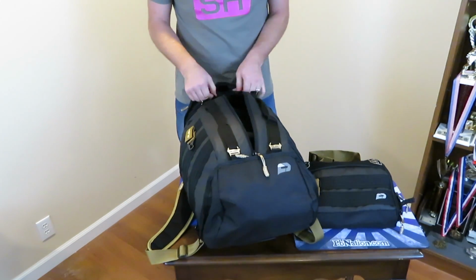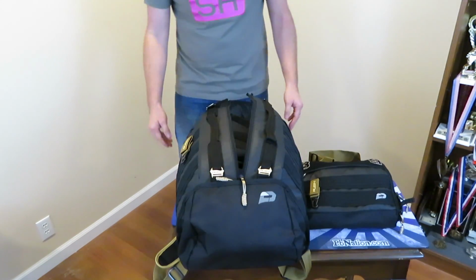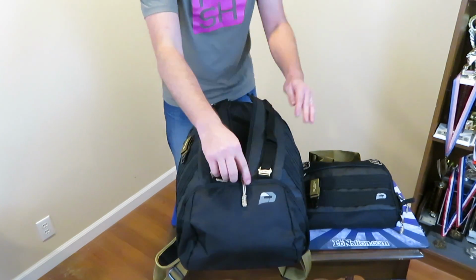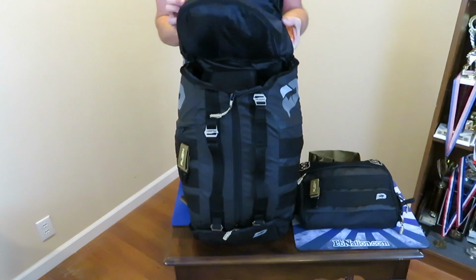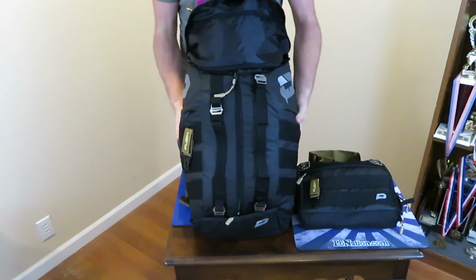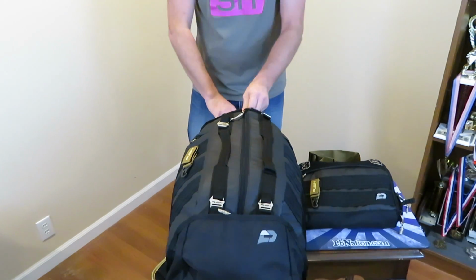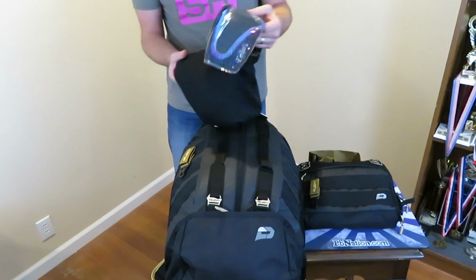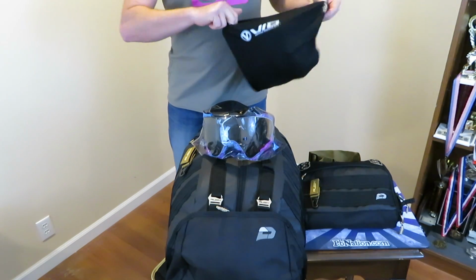I've packed this thing over full, so I'm going to try and give you a good idea of all of the various pockets and such on it. Start at the beginning with the goggle bag. The top of the bag has a cool little goggle pouch. And one of the first things I picked up